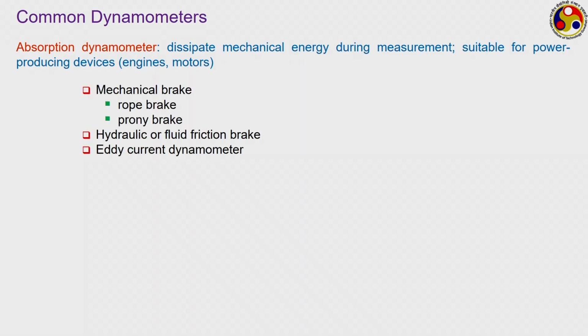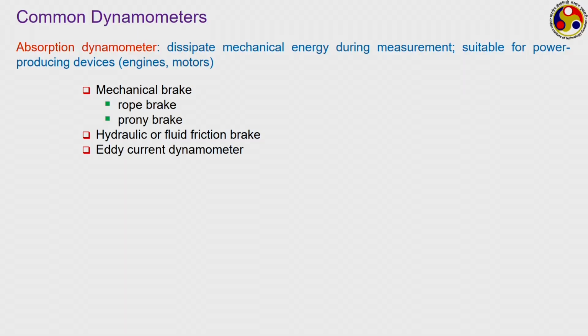Examples can be mechanical brake systems, hydraulic or fluid friction brakes, eddy current dynamometer. Mechanical brake, the oldest examples can be the rope brake or prony brake system. You can relate this one, just the term brake is there, you can relate this one to any brake of